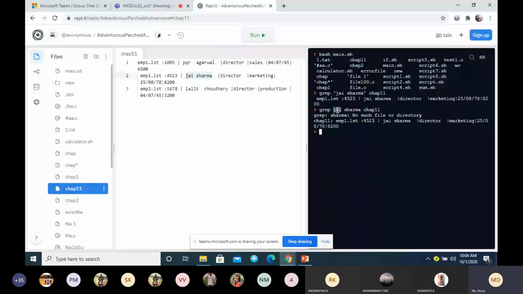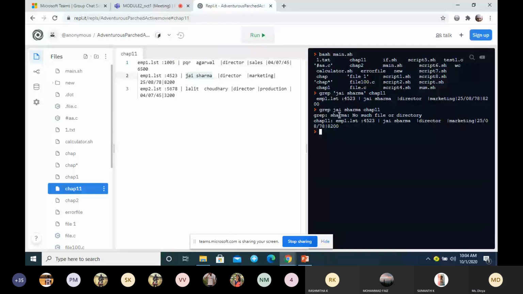It will consider Jai as the pattern and Sharma as a file, and it will say there is no such file with the name Sharma. It will give an error message. That is why you should always place the pattern within single quotes when you have more than 1 word.